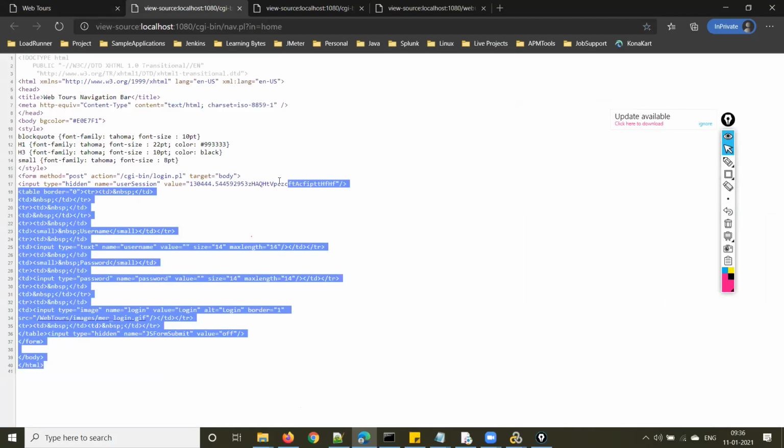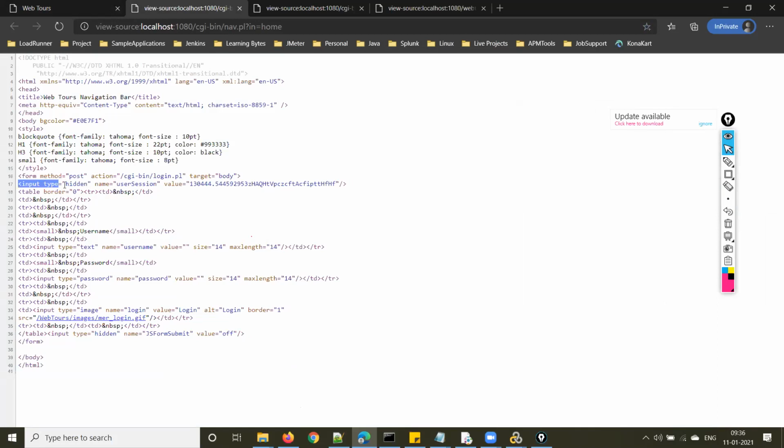See here, there is an input with type equal to hidden, name equal to user session, and a value. That is the value we got from the server, and the same value will be submitted to the server when we are logging in.